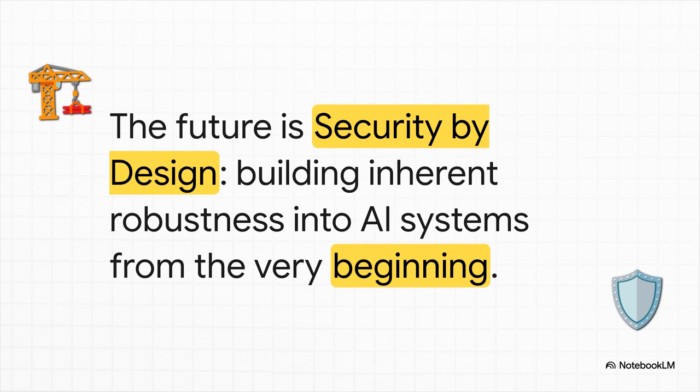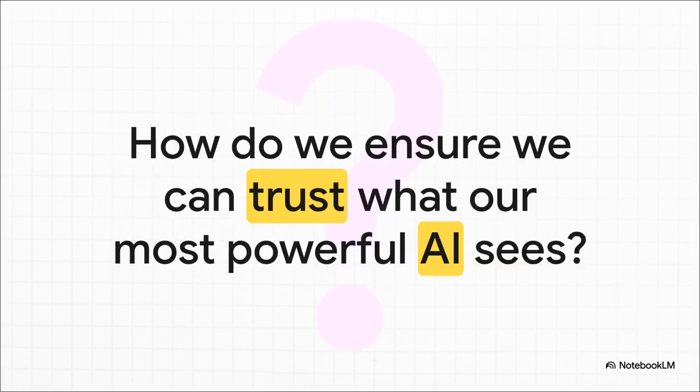So, where do we go from here? The ultimate goal has to be a shift in our thinking. We have to stop just patching on defenses after the fact. The real future has to be in security by design. That means building AI models that are fundamentally secure and robust from the very first line of code. And this all leaves us with a huge, critical question that we absolutely have to solve. As AI becomes the eyes and ears for our cars, for our hospitals, for our security systems, how do we make sure we can actually trust what it's seeing? Answering that, well, that's not just some technical puzzle. It's fundamental to the entire AI-powered future we're building.